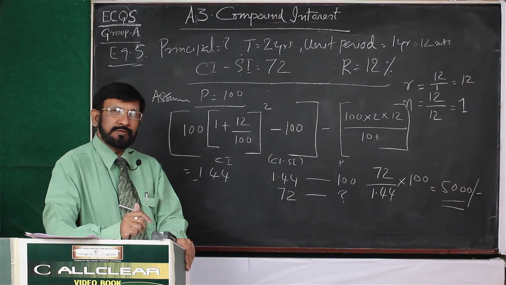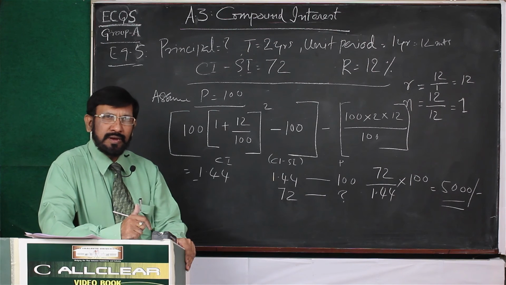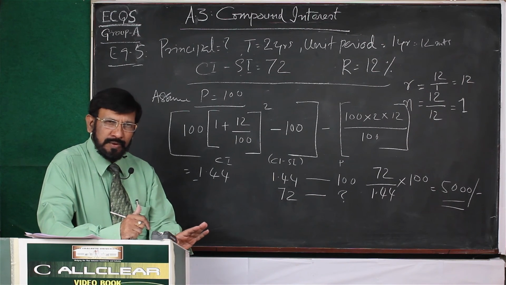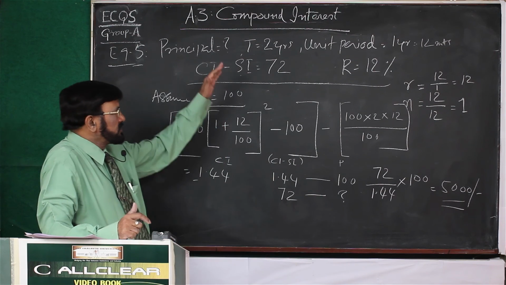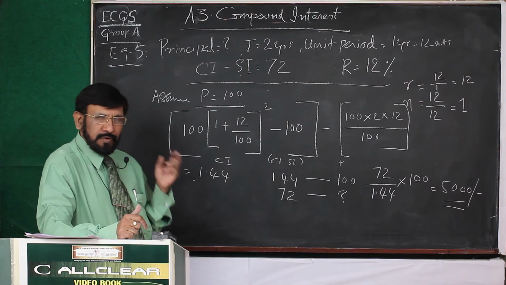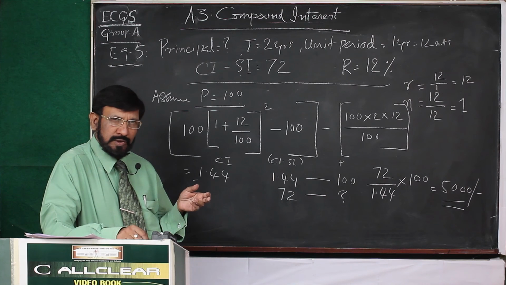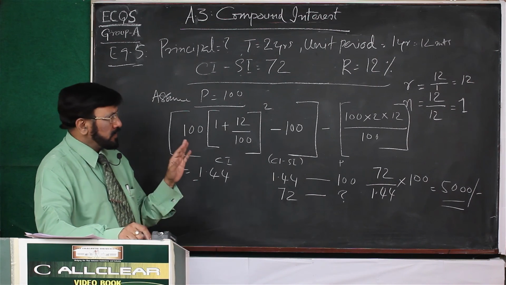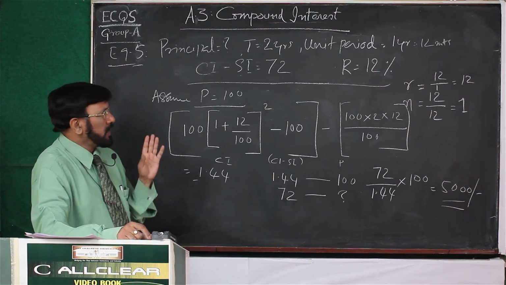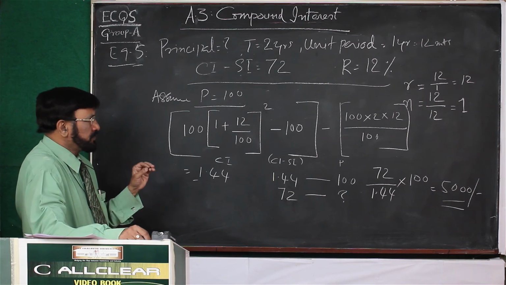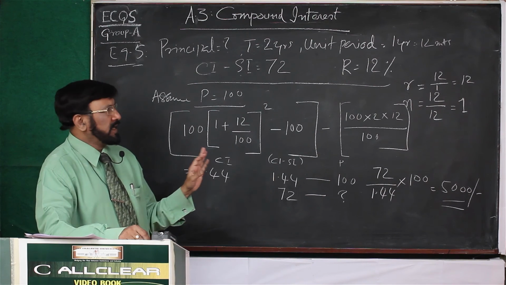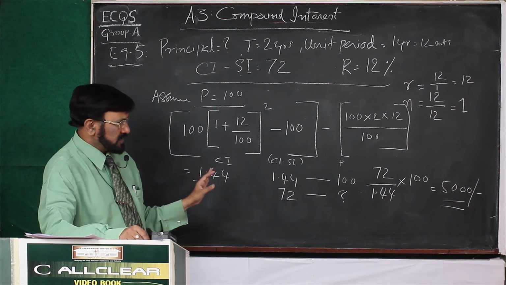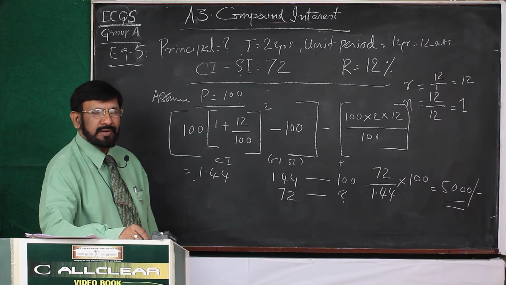So first thing is, if you understand the concept, everything is easy. So just don't try to apply a formula. First, as soon as you read the problem, see what information they have given and think of what we have to find out. That is the source and destination. Thereafter, apply your brain, get a strategy, then use the formula. Use the formula with the necessary changes, and ultimately you can get the answer.